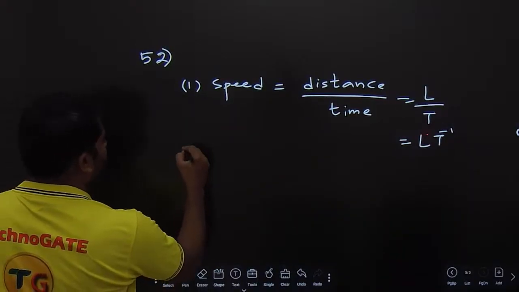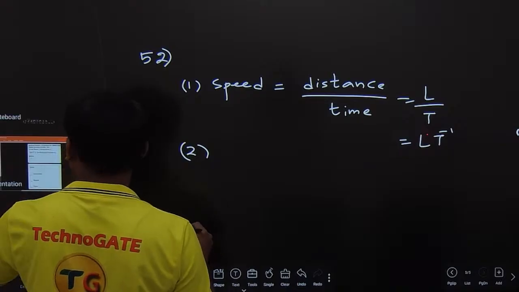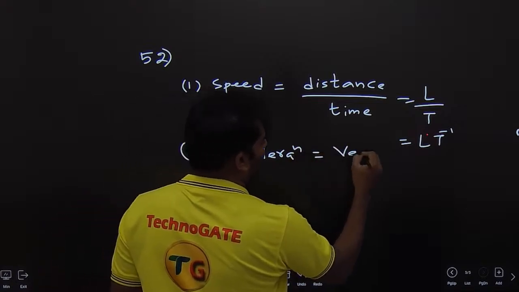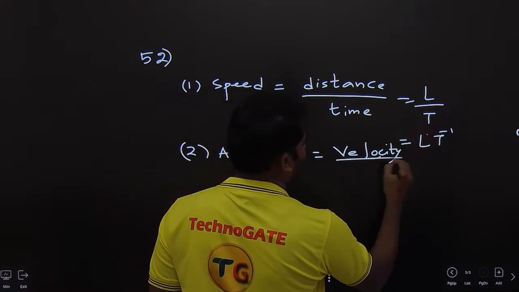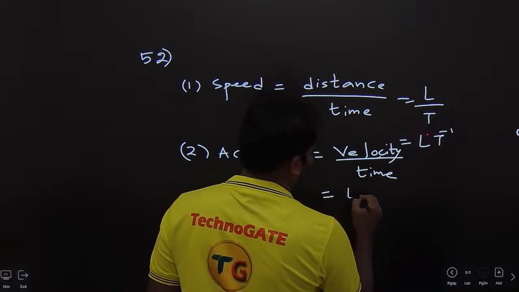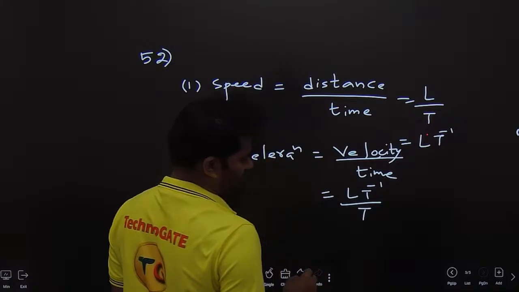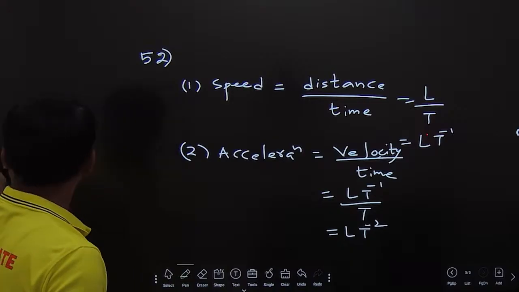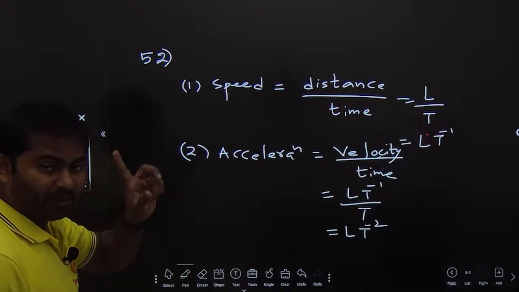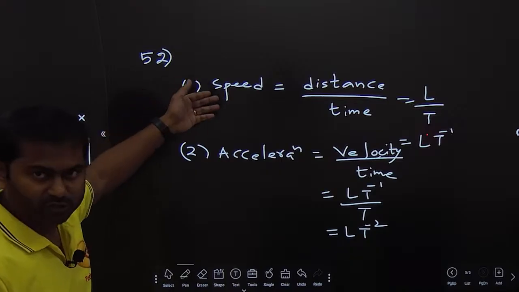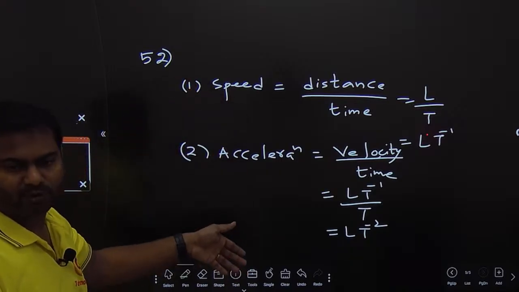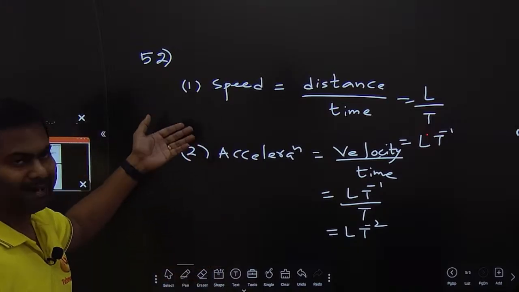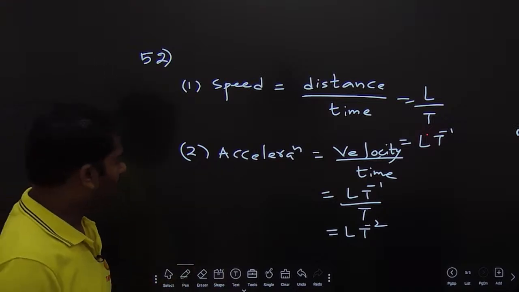Done? Okay. Second one, they have given it as acceleration. So acceleration value is equal to, acceleration is velocity by time. Velocity యొక్క dimensional formula is LT power minus 1 and we have time. So this comes out to be LT power minus 2. Okay? LT power minus 2. In this one they are asking MLT power of minus 1. So it is not matching even in the first option or even in the second option. You guys can pause the video here itself and you guys can copy the derivation of dimensional formula for speed and acceleration here itself.